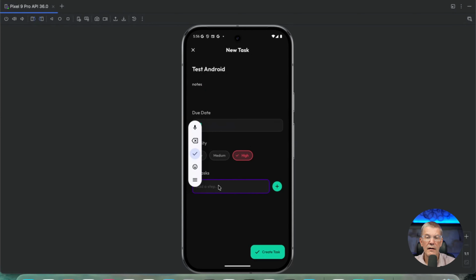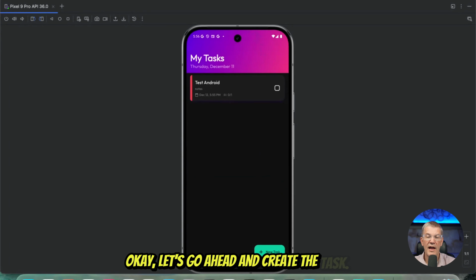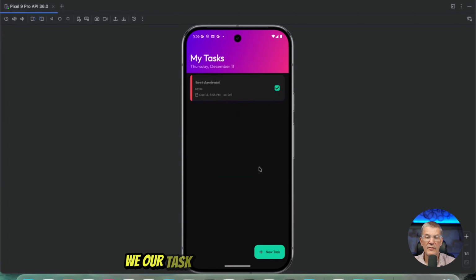Subtask there. Okay, test. We got a subtask. Okay, let's go ahead and create the task. And there we go, voila. Let's check that as complete. Go to our task manager, another new task. Okay, last one to test on